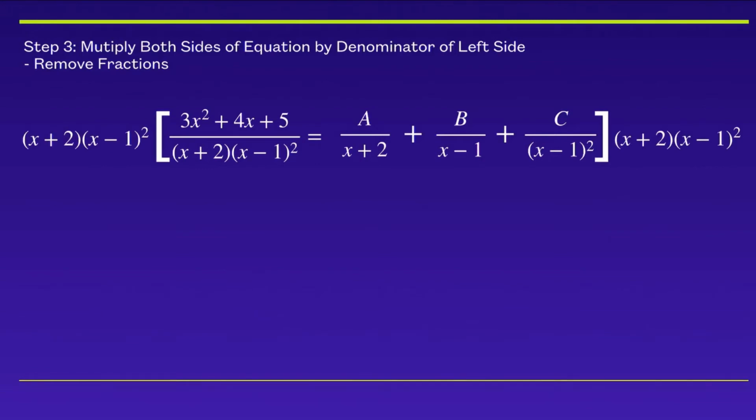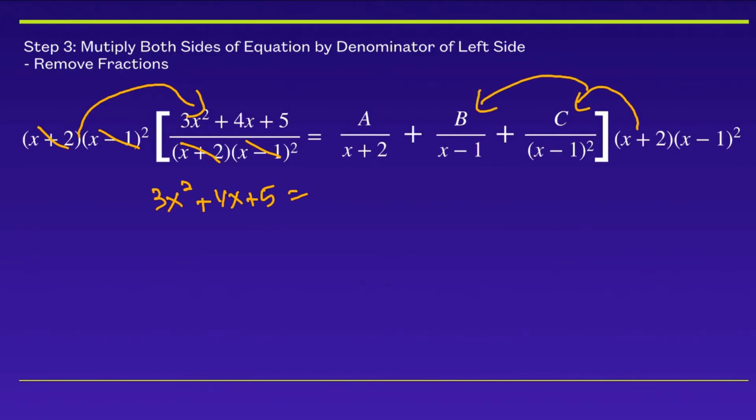So what I'm going to do is we're going to multiply this times that, and what's going to happen is the x plus 2's will cancel, the x minus 1 squareds will cancel, so I'll be left with 3x squared plus 4x plus 5 equals,